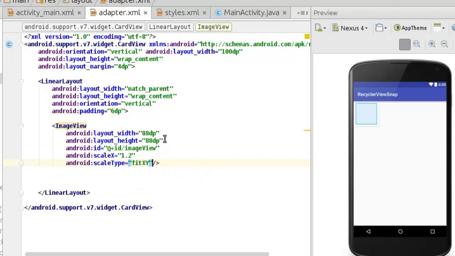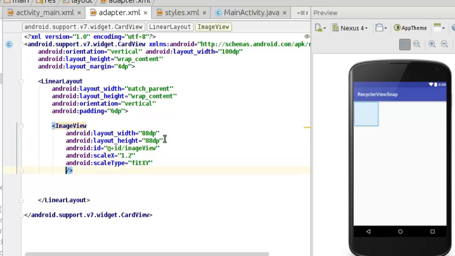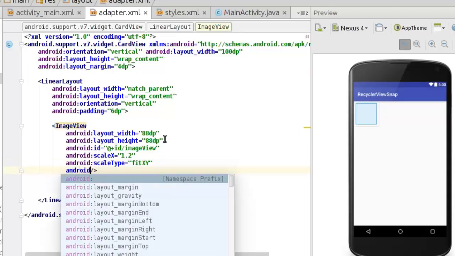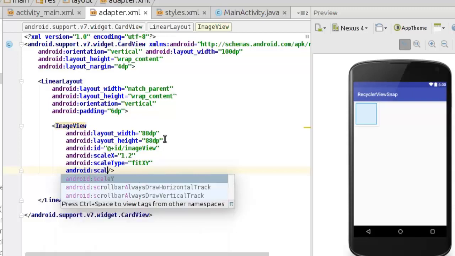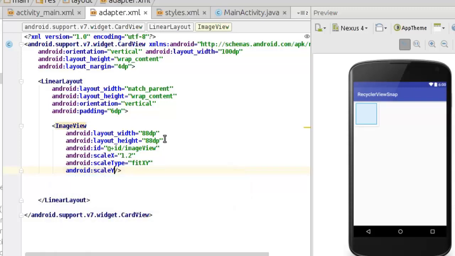You can see it's taking shape. Android scaleY, which will be equals to 1.2,